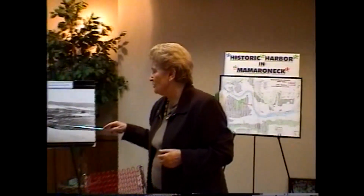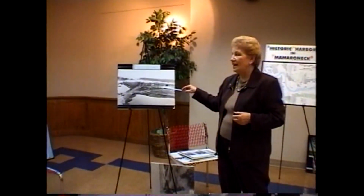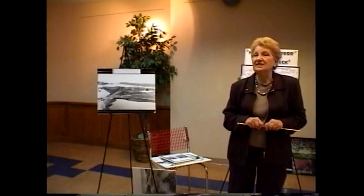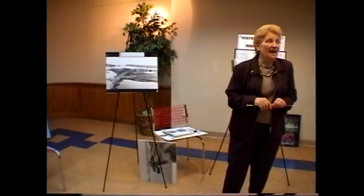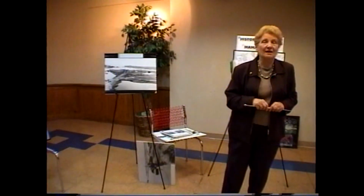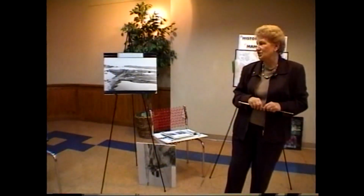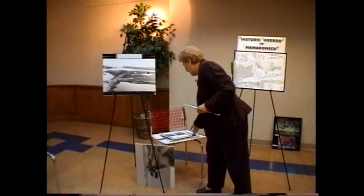So it looks so different. This was the parking area, as you can see. The playground. The village created the playground in 1919, and they hired a woman to be there at the playground with the children, and the attendance was something like an average of 83 every day during the summer months when school was not in session. So it was truly wonderful. But before we had all of that,